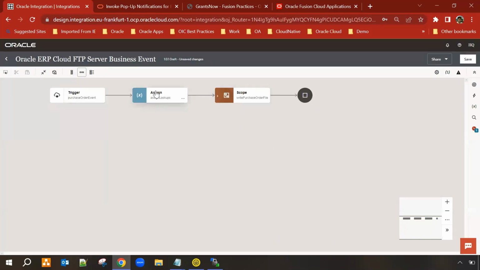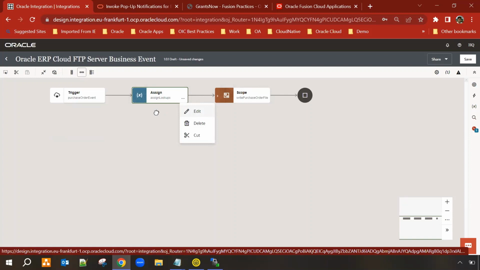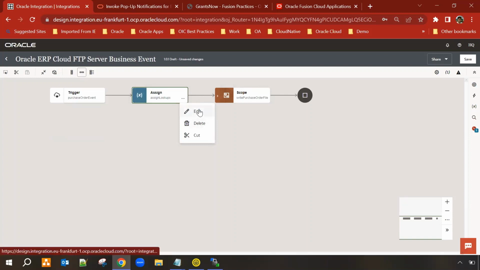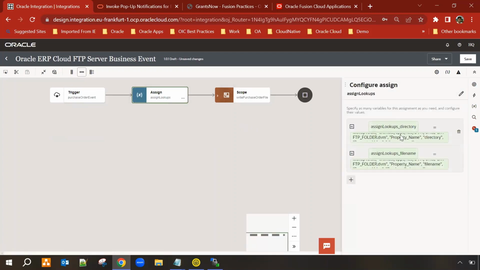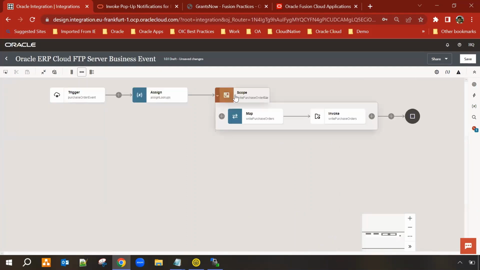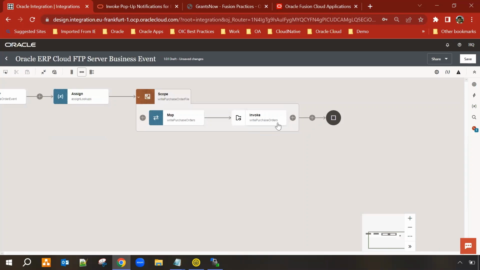And we can see they are assigning some lookups. So that tells me that this integration has got some lookups. So I will go and configure those lookups. Let's see what's happening in those lookups. Okay, I can see that I'm getting the directory and file name from the lookup. So this recipe is getting the business events, and it is adding those records in one of the CSV files in an FTP server. If I look at the scope, here I can see there is the FTP server,